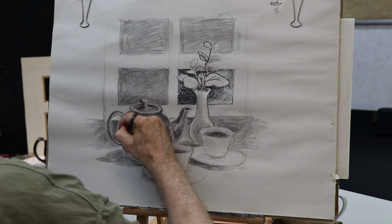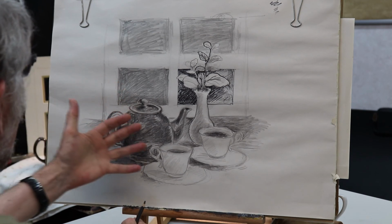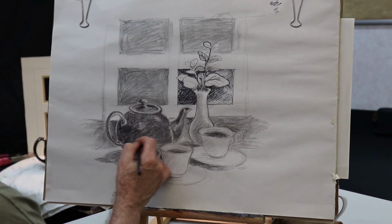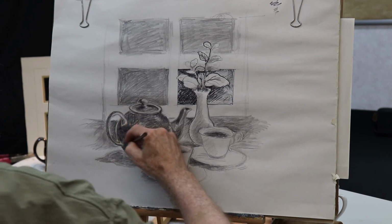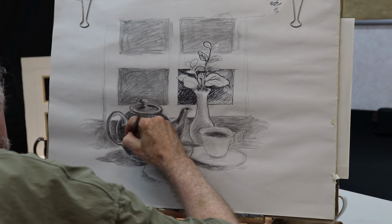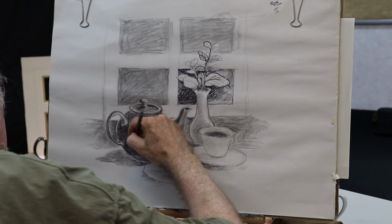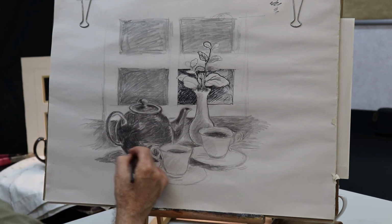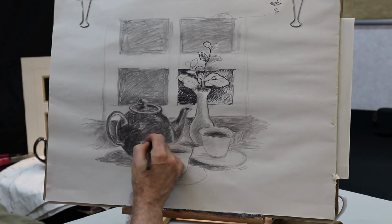But through the use of the tones in the background, in the negative space, it's not quite as stark as sitting on everything white. Introduce a little bit of depth to that picture, a sense of roundness. So there's a lot of range that you can put down with pencil, with this Prismacolor anyway, a lot of